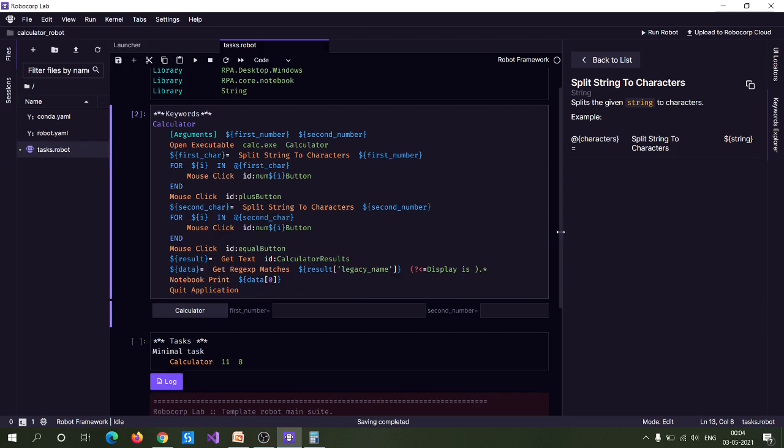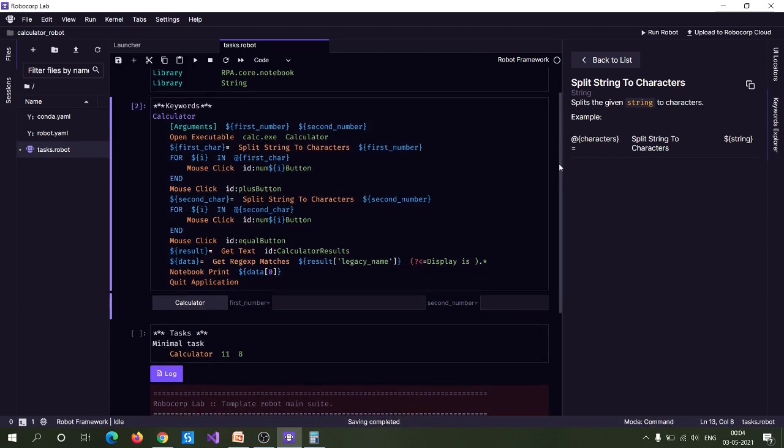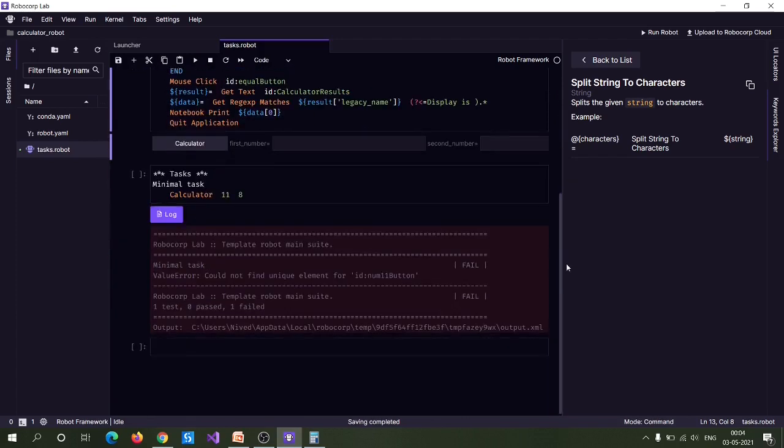Now we can see whether it is working fine or not. What we did here is take the individual numbers, split them into different characters, loop through each character, selectively click that character in the calculator, and then generate the result. So let's see whether it is working fine.